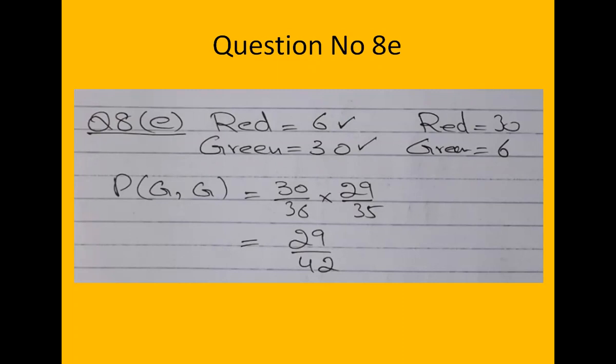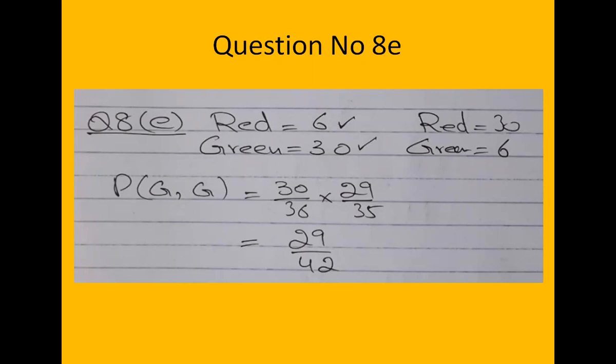He said the greens are more than the red balls, so this second option cannot be possible. So the first is the right option: red balls are 6 and the green balls are 30. Now they ask you to find the probability of getting green, green. The green is 30, the total is 36. So 30 by 36 multiplied